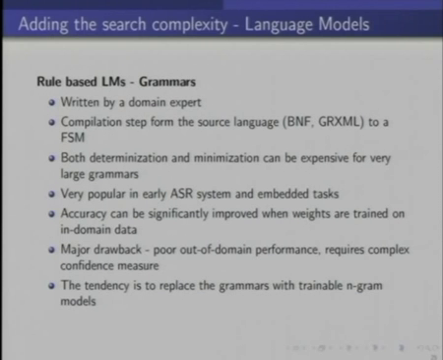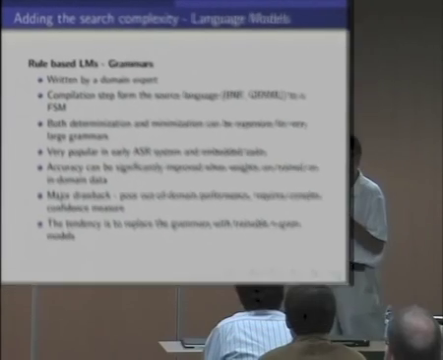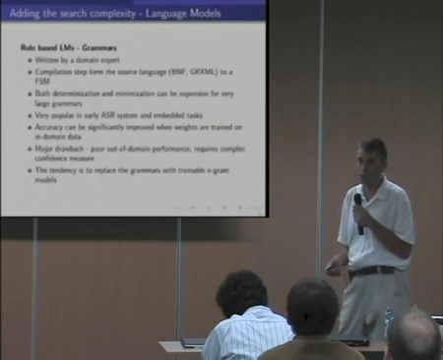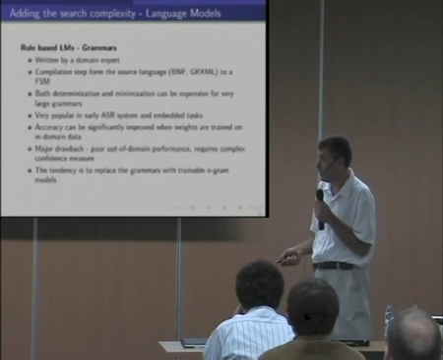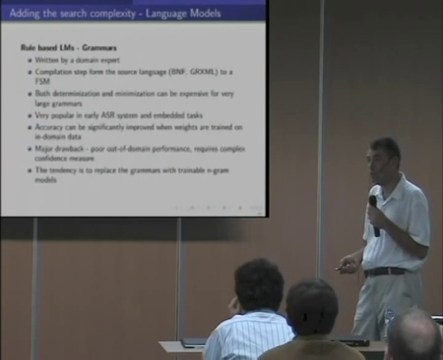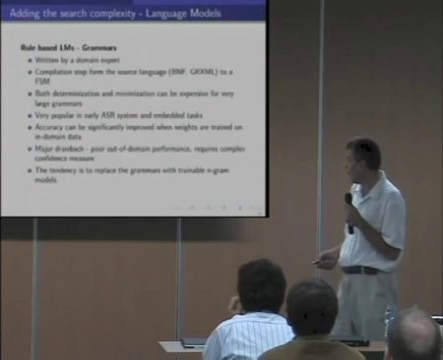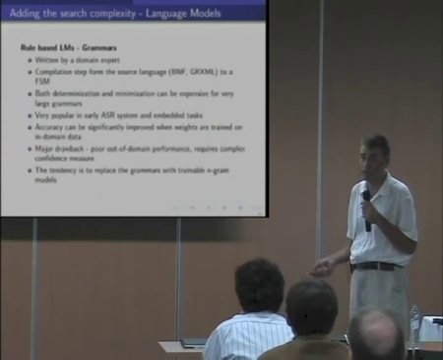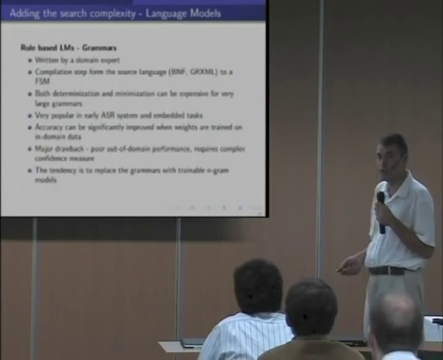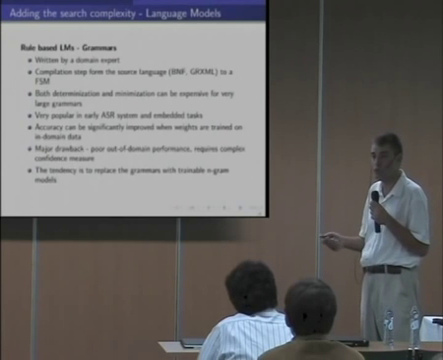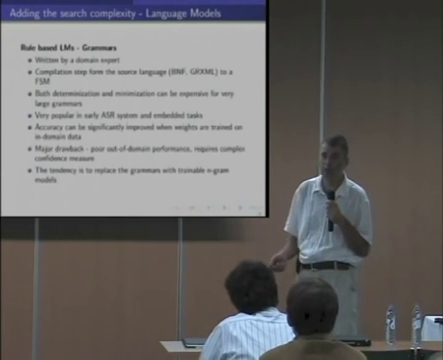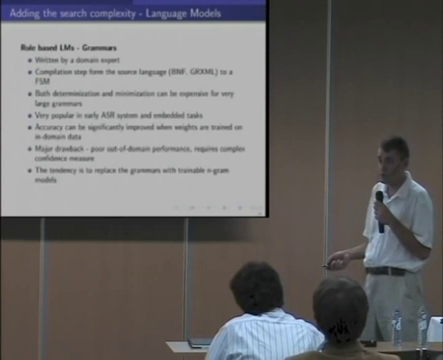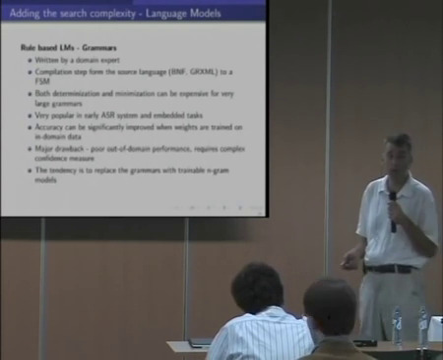A very popular method was to write a grammar, using some kind of language which would express rules, and have a compiler which would convert it to finite state machines. This was very popular. You could write it by hand, and it's still used. But the problem is that writing a good grammar is very difficult, especially if you want large coverage. And these systems don't respond well if the user says something out of the domain. The decoder will always give you some answer, but you don't know if it's correct or something completely different. So the tendency is to abandon rule-based grammars